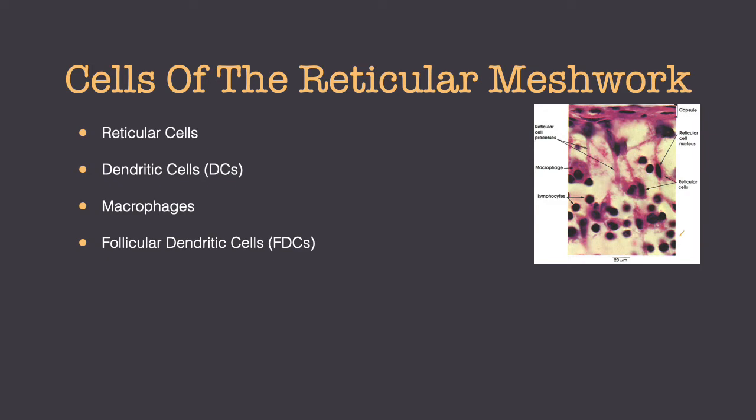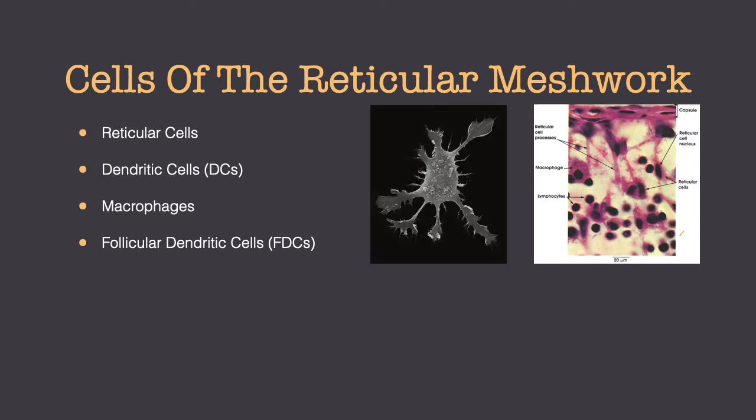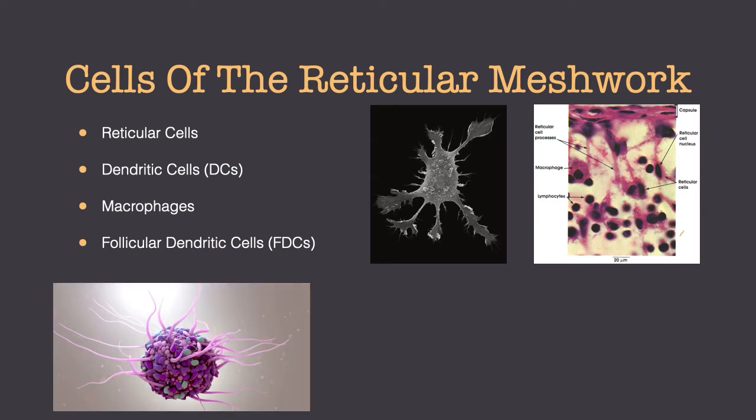A few types of cells that contribute to the immune response have been identified in the reticular meshwork. The reticular cells are fibroblasts that secrete type 3 collagen or reticular fibers and ground substance. They wrap around bundles of reticular fibers with their processes, express surface molecules, and produce chemokines that attract lymphocytes and dendritic cells. Dendritic cells monitor the local environment and are highly efficient antigen-presenting cells containing MHC molecules that recognize, process,